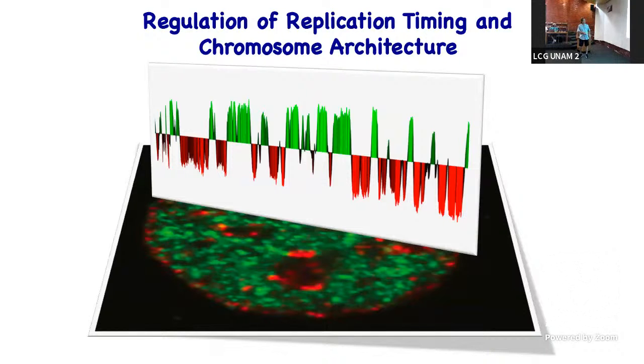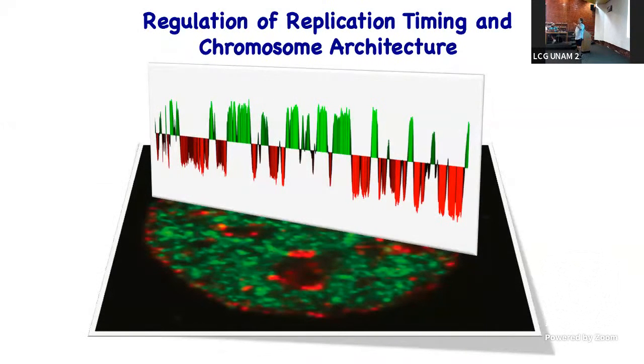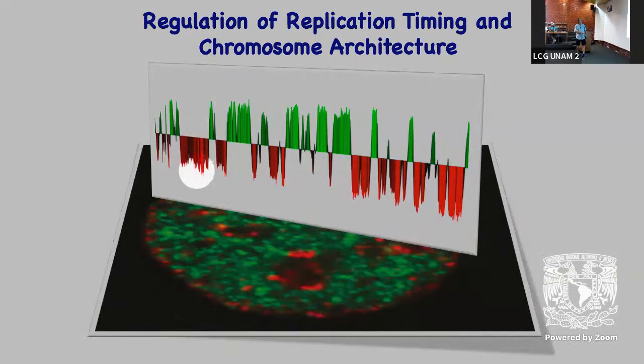And what you can see here is that in this image below, it shows that if we label cells with nucleotide analogs early in S phase and then chase them, wash out the nucleotide analog, chase them into late S phase and label with a second different nucleotide analog, and then differentially label them, you can see that replication takes place throughout the interior of the nucleus in early S phase and at the periphery of the nucleus and around the nucleoli later in S phase.